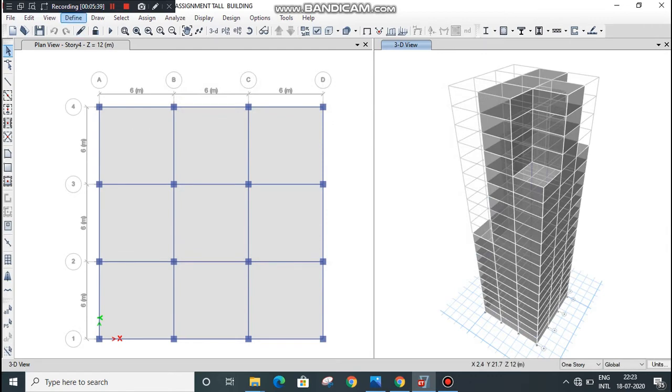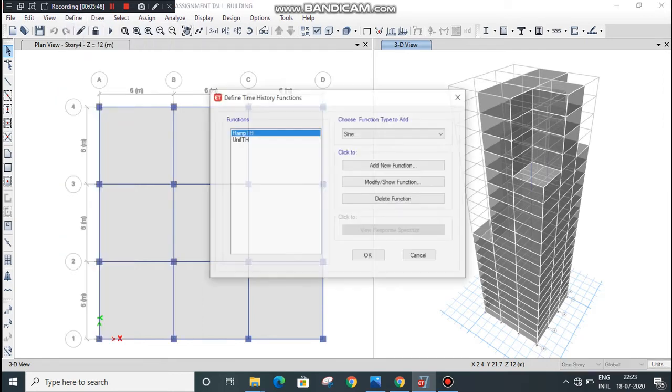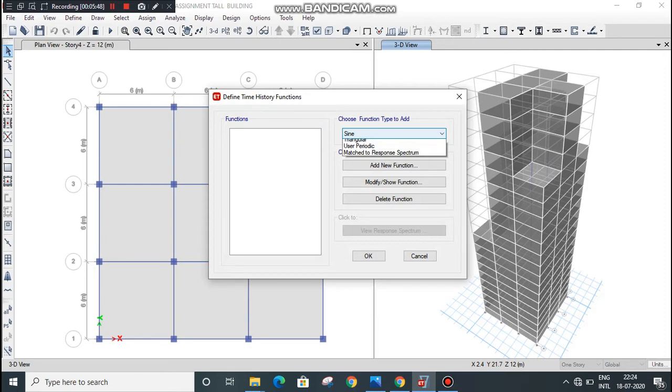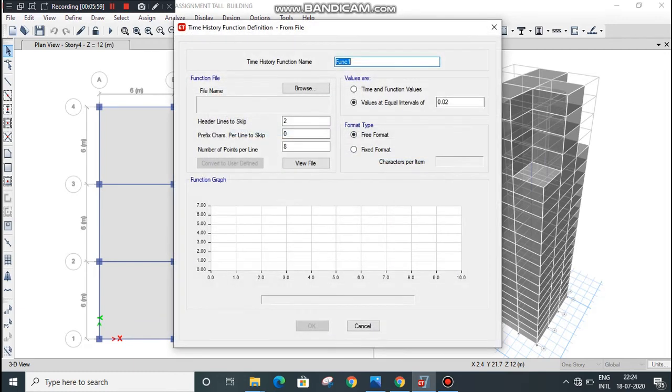Go to define menu to define the time history analysis method. Select function and then time history. Choose function type to add from file. We have already downloaded the file. Click on add new function. Give a proper name. Function file, click on browse.